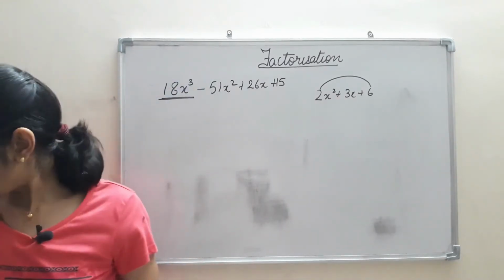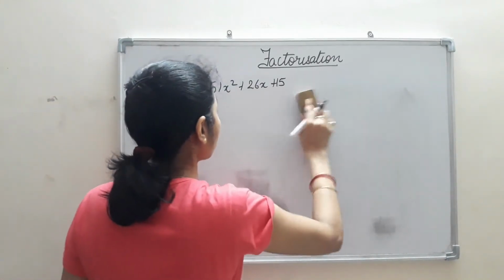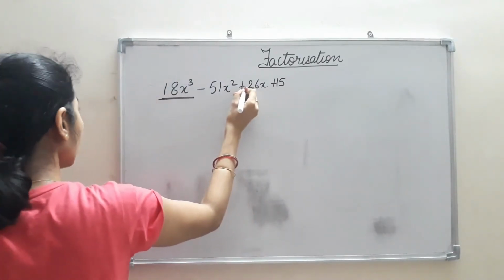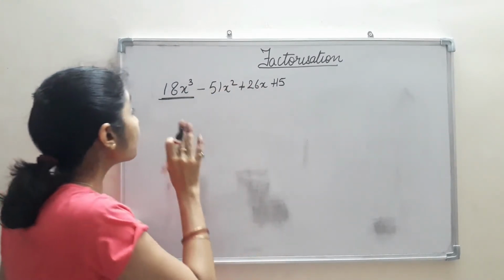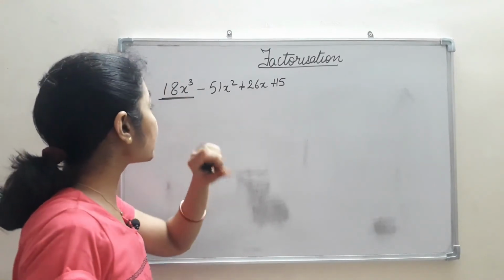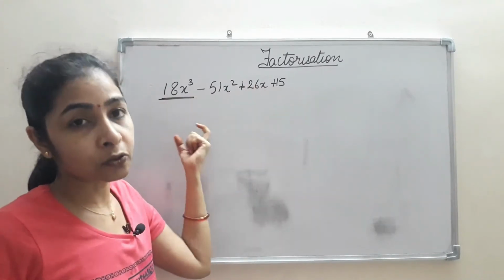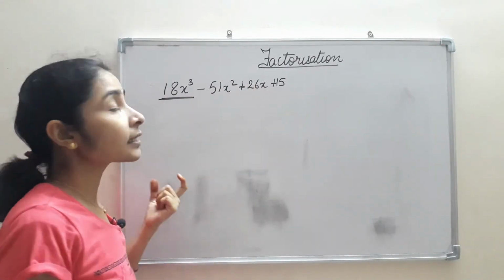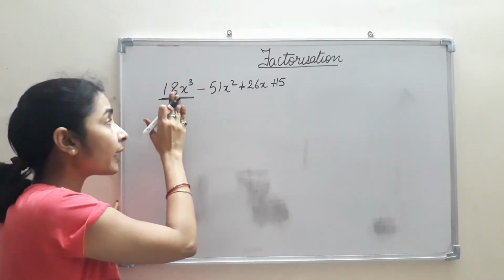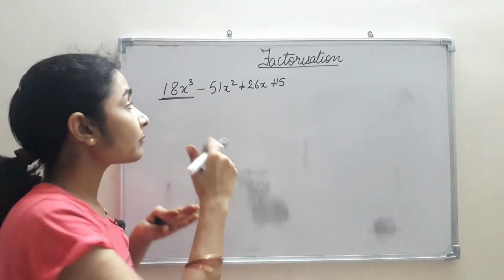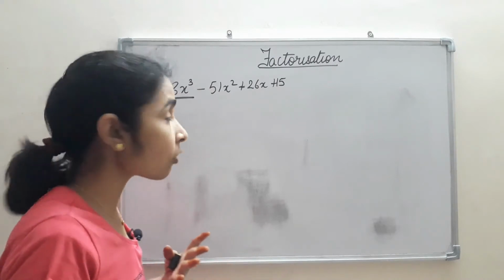That we used to do here. But the thing is, we are given here a cubic polynomial where we are having two terms in between, so it is nothing like that we are supposed to find out the factors whose sum or difference is like this. But what we do here is we just find out the factors of the quotient of these two. That means we will just take the constant term and the coefficient of the highest degree in division. That means we will take 15 upon 18 and then find out the factors of them.